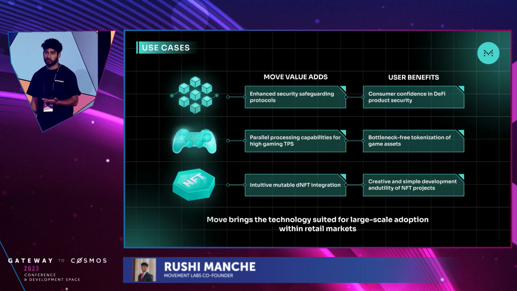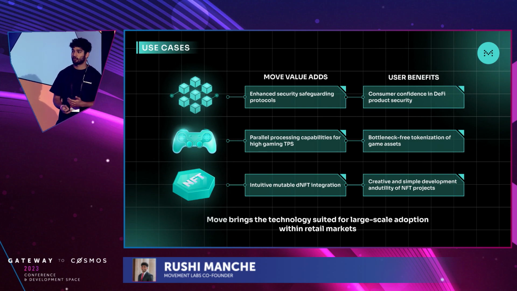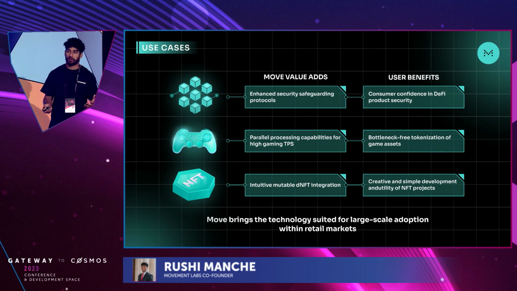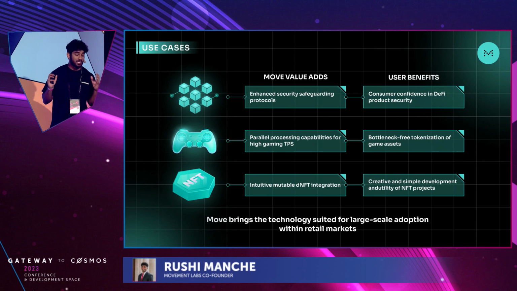There are three main use cases for Move. On the DeFi side, it's increased consumer confidence. If you're building a DeFi app, you're probably not going to get your app hacked for millions of dollars, which is great for consumer confidence. On the gaming and NFT side, it's particularly attractive, and it's why we've onboarded many game partners. The ability for parallel processing, in theory 160,000-plus TPS, executing transactions in parallel, as well as dynamic NFTs,